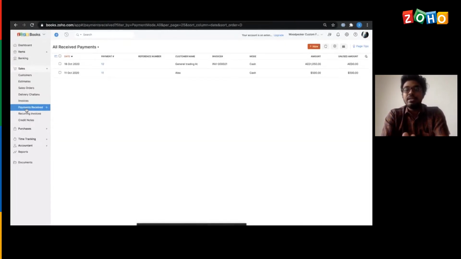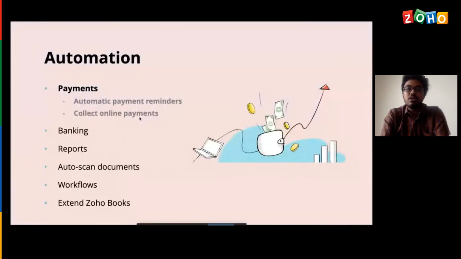There are a few payment gateways for which we could set up an expiry date for these payments. So the payment link would be active only until that expiry date, and then it gets expired. The client will not be able to make the payment once he crosses that expiry date. You could also set up a time limit within which you have to receive a payment online from your customers. This is all about collecting the payments online.